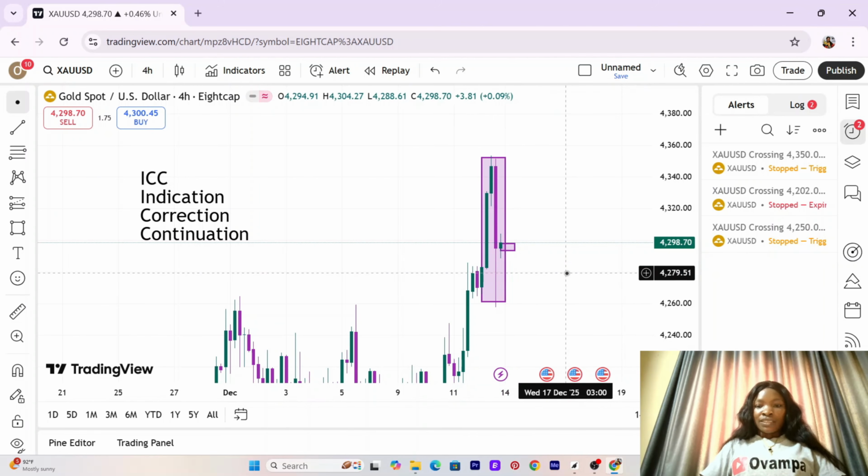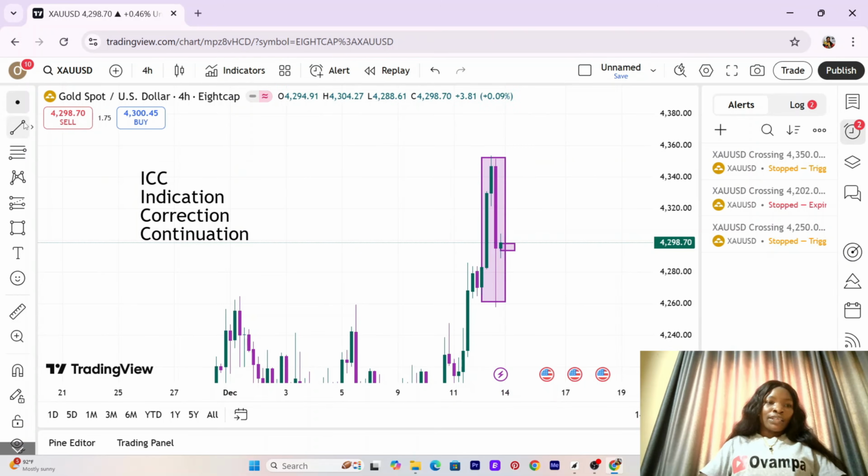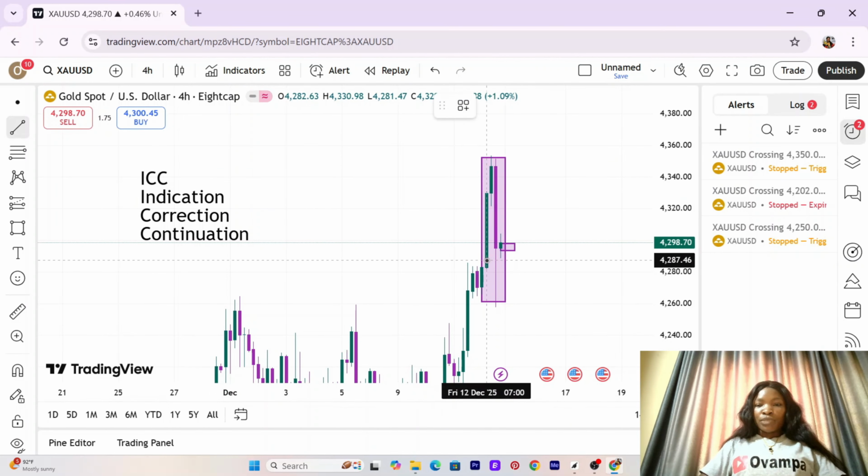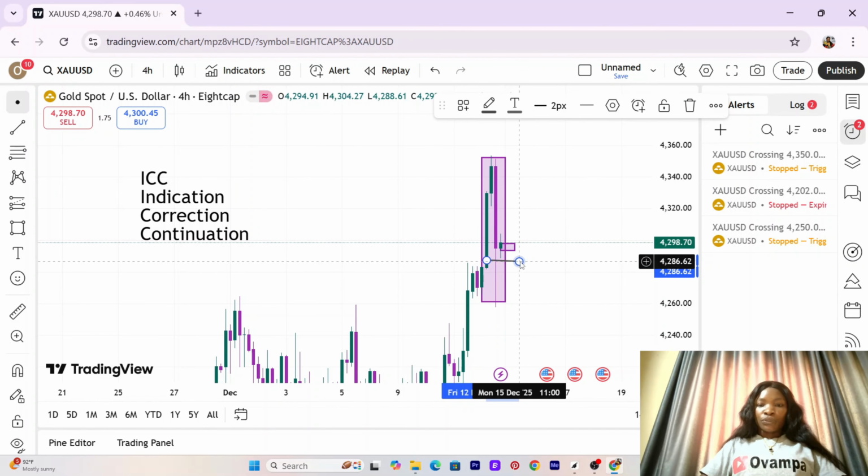So it is safe to be talking of buying now, because when you buy, your stop loss is just below the support, just below the downtrend,